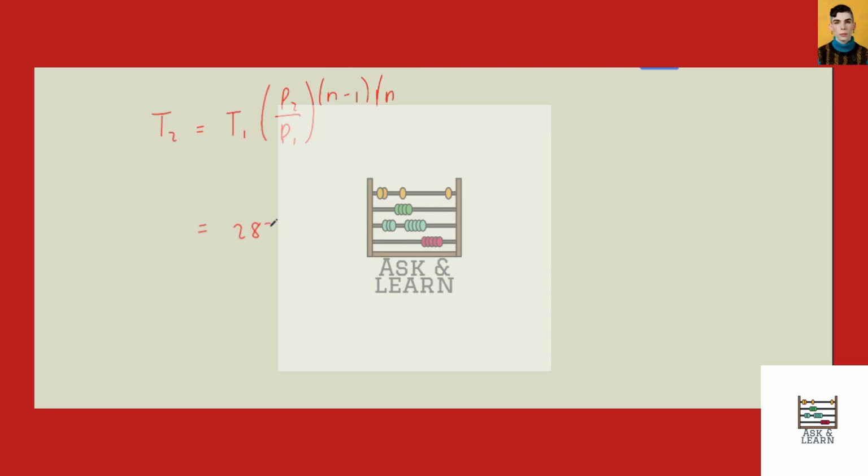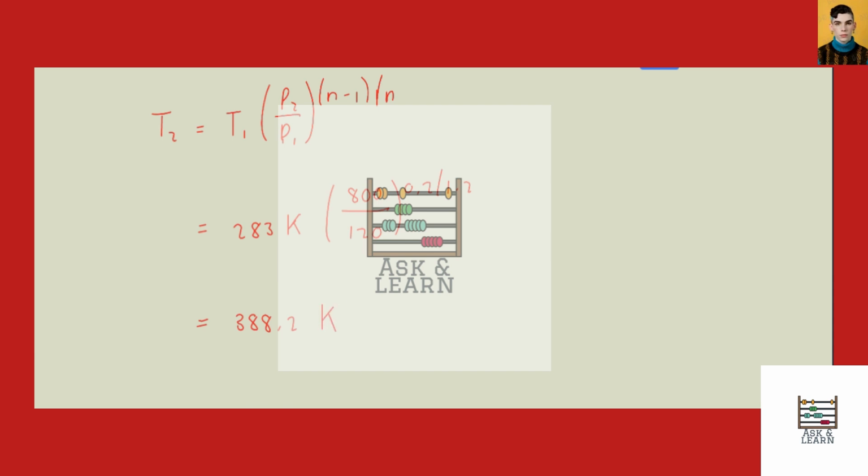That's 283 Kelvin into the ratio of the pressures, 800 kilopascals over 120 kilopascals, to the power of 0.2 over 1.2, where n is 1.2. And hence we get the final temperature of the gas to be 388.2